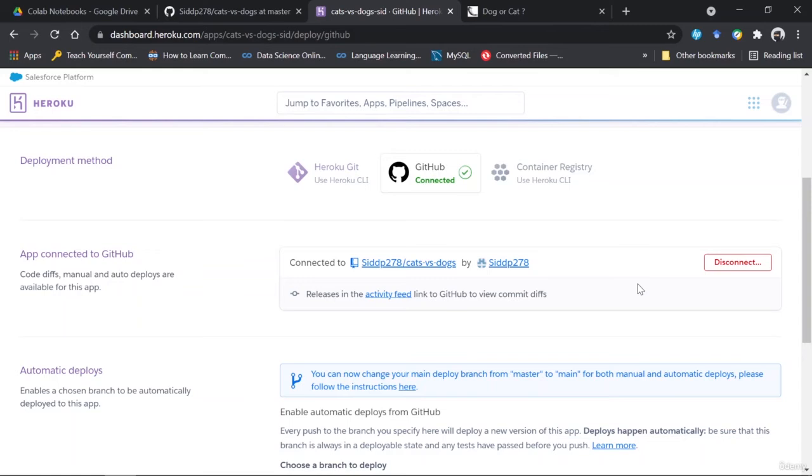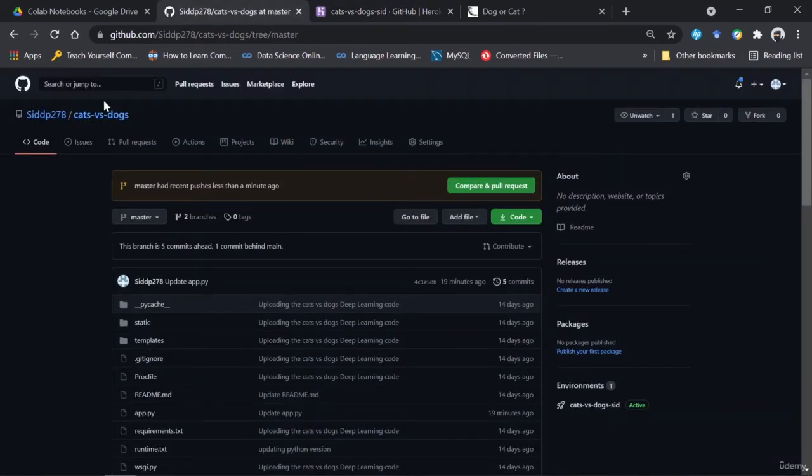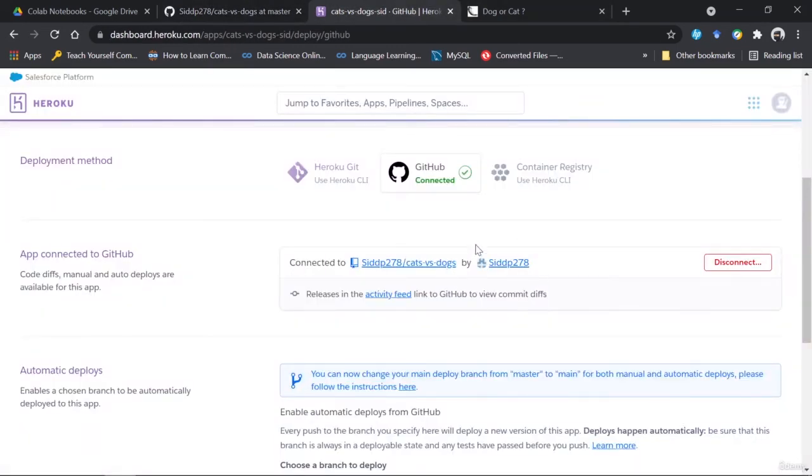Once you click on connect, it asks you to log in with your credentials onto GitHub, and once you do that, it connects your GitHub with your Heroku account and shows something like connected to your account name on GitHub. After that, it asks which repository you want to connect with this app. I've connected the cat versus dog repository here.